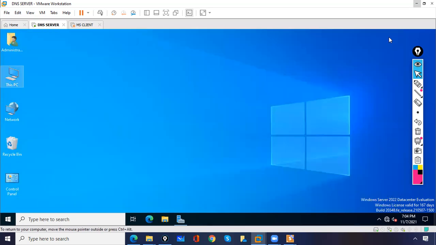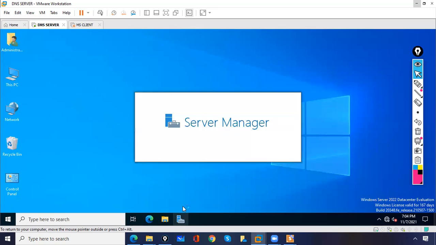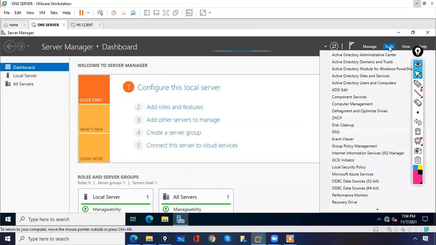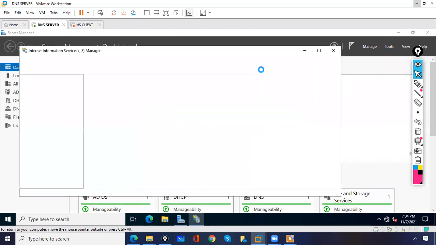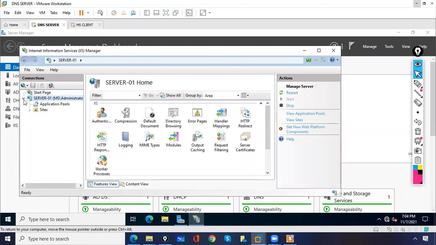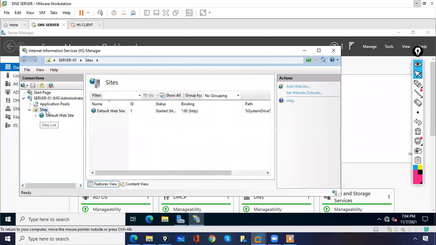Now guys, what we will do, we'll add the website. We have already installed the IIS. We'll go to server manager, then we'll go to tools. Under tools we have IIS manager. We'll go to server. Under the server we'll go to sites. Under the sites you can see it is having only this default website, and we'll create our own website. You will go to sites, right click, add website,